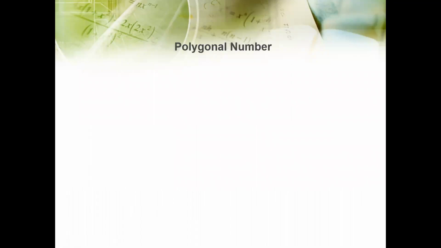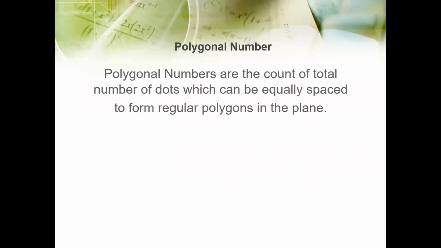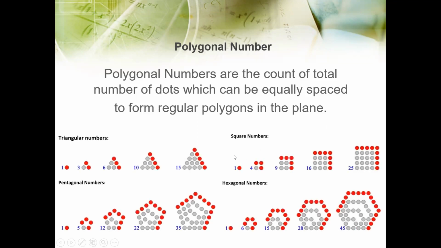So what are polygonal numbers? Polygonal numbers are the count of the total number of dots which can be equally spaced to form a regular polygon in the plane. Like the triangular numbers are 1, 3, 6, 10, 15, and so on. Similarly, the square numbers are 1, 4, 9, 16, 25, and so on. Similarly, pentagonal numbers 1, 5, 12, 22, 35, hexagonal numbers 1, 6, 15, 28, 45, and we can see that these things are